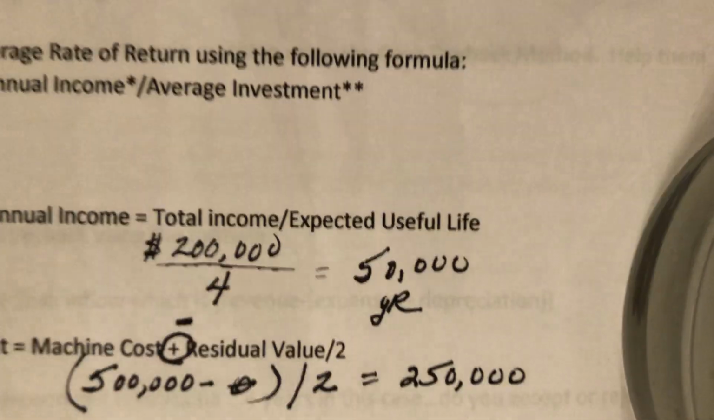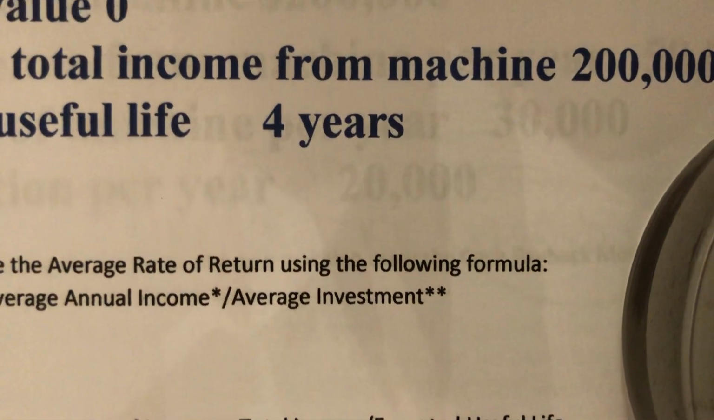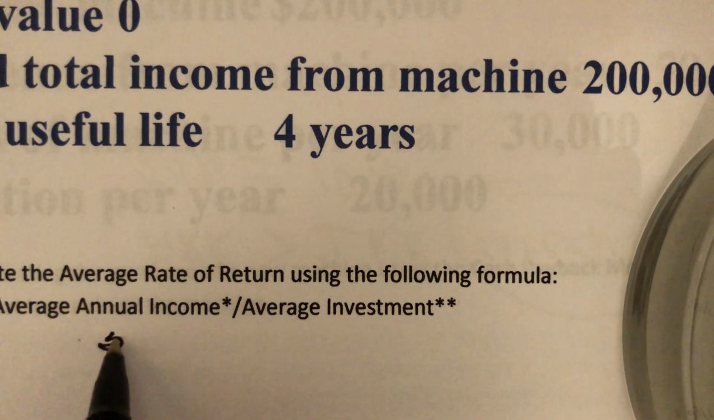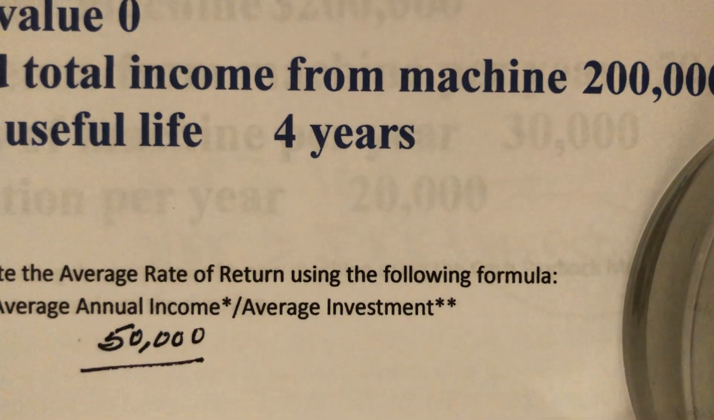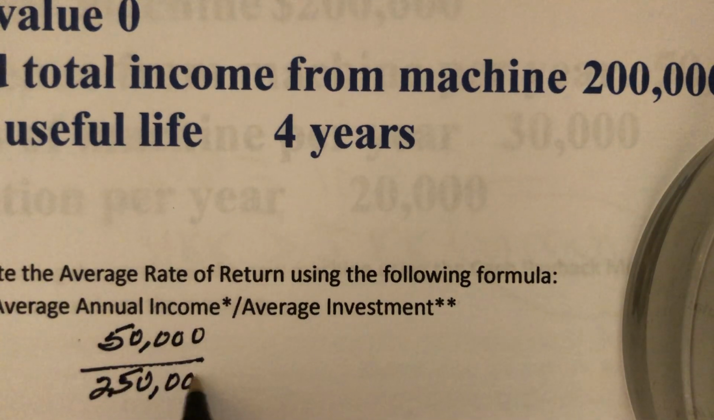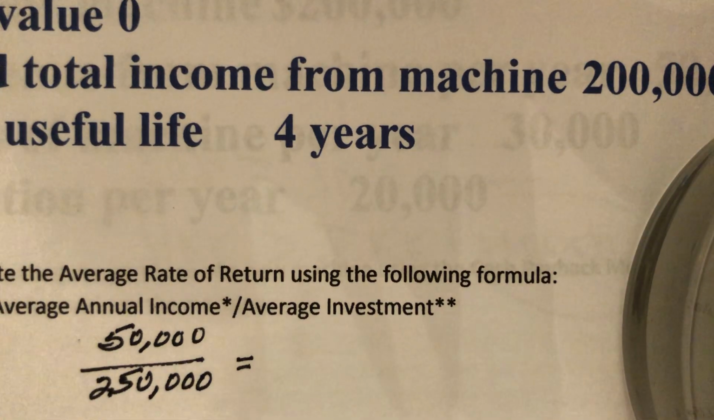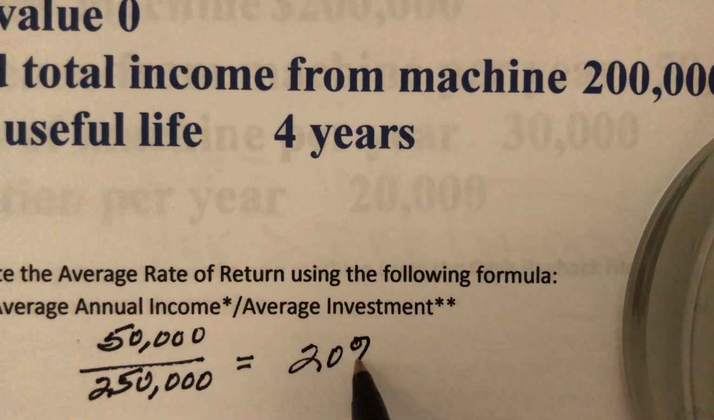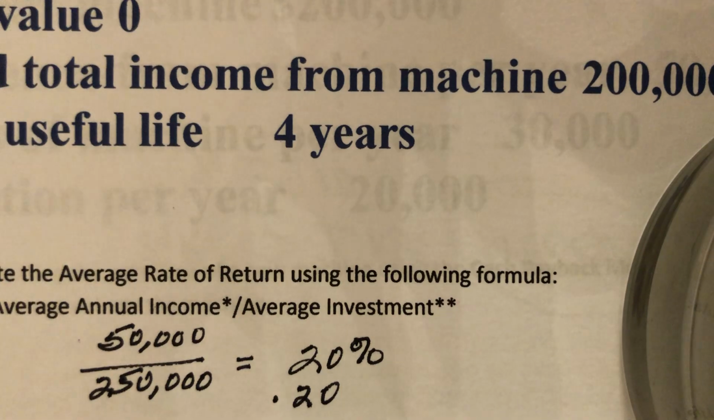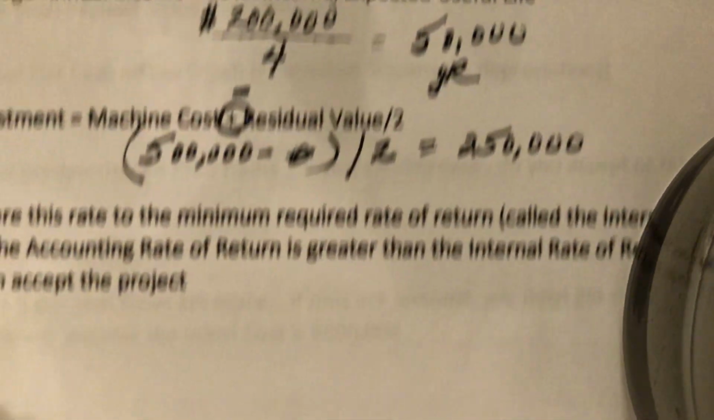Okay. Now take these numbers and take them back up to number 1, and you want to take your average annual income of $50,000 and you want to divide that by your $250,000, and that is going to give you 20%. It's going to come into your calculator as 0.20. Now, what this tells you is this is the percentage from an accounting standpoint that we expect to get from this investment. It doesn't tell you much unless you compare it to something, so come down here in number 2